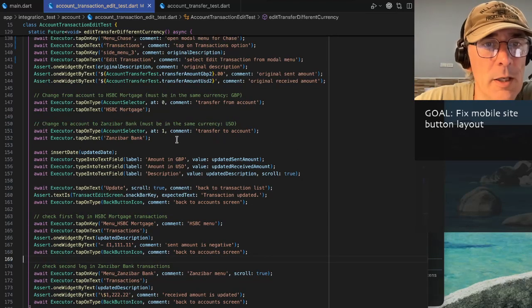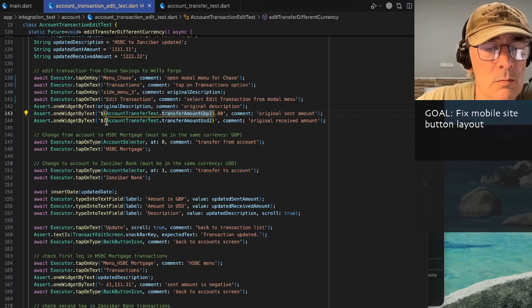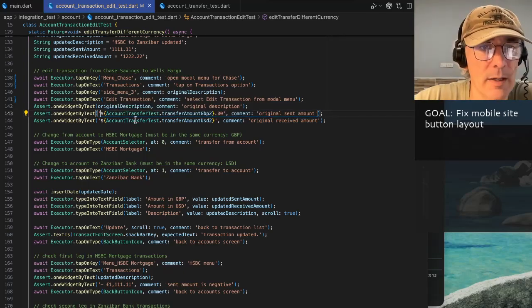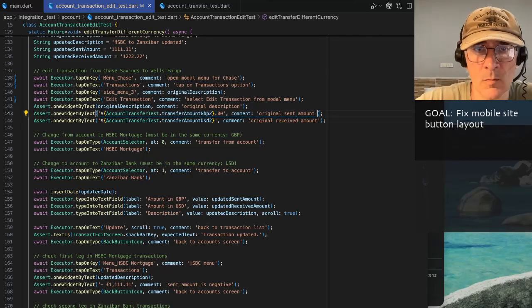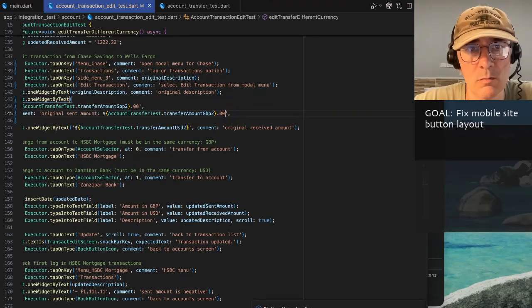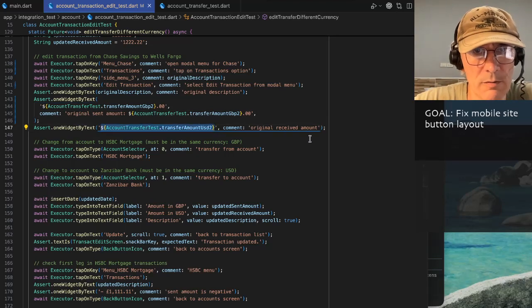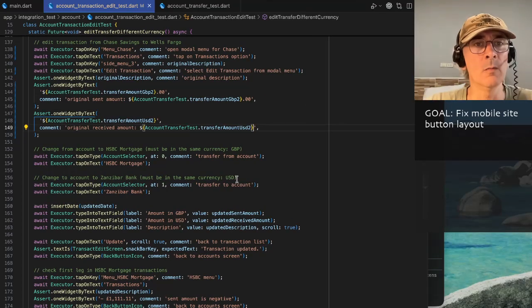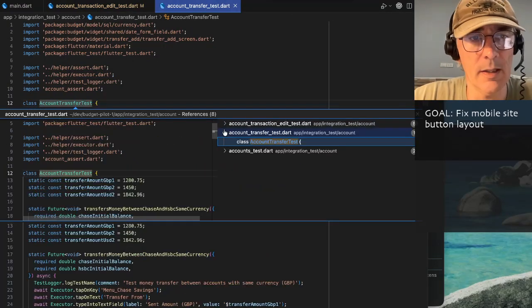The line that is actually checking the original sent amount is this. Oh no, okay. One way to do that is this. Original sent amount, we display it. Yeah, we are testing that, and let's display this too. Even though the problem is the first one, just to keep everything more symmetric. There you go. So these are part of account transfer test,